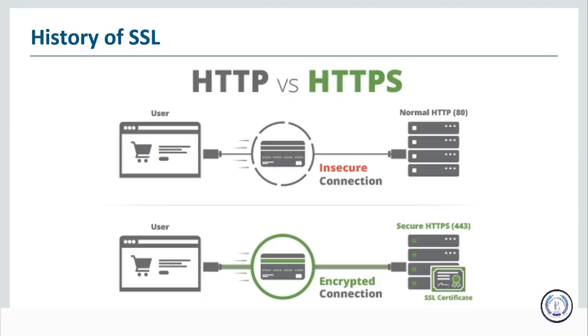Back in 1995, Netscape released version 2 of SSL. There was a version 1, but nothing was ever done with it. So we got to version 2 of SSL, and that was used for encryption of web transmission between the server and the browser. SSL version 2 had a whole number of flaws, the type of flaws that can lead to decryption of messages without having the correct keys and without being the right endpoints. And so Netscape released SSL version 3 in 1996. SSL 3.0 is better than 2.0, but it still had some issues. And so in 1999, we ended up with TLS.